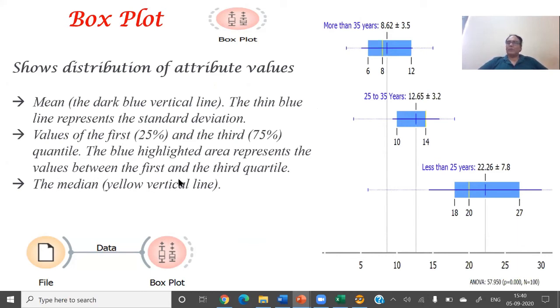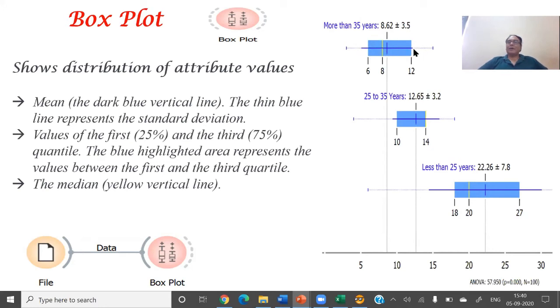Then you can see this blue line. This blue line is indicating the mean. And basically, there is a body and a tail.